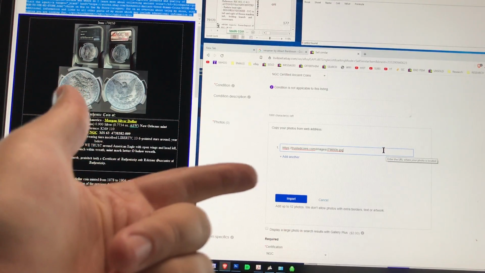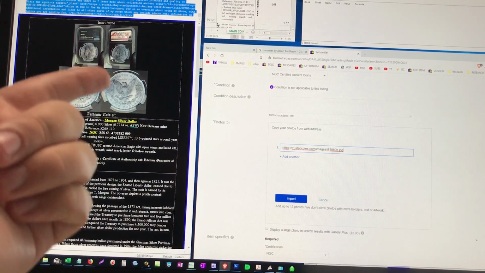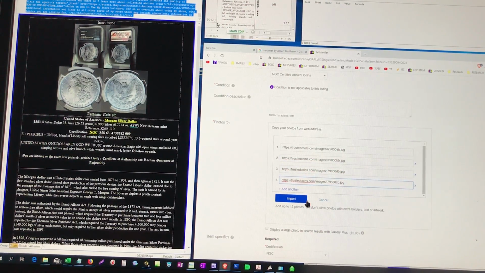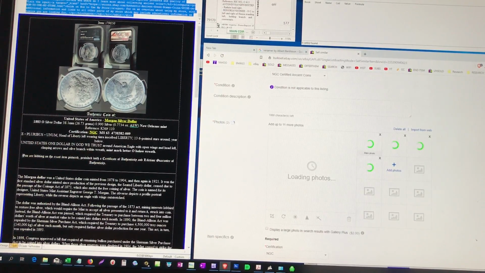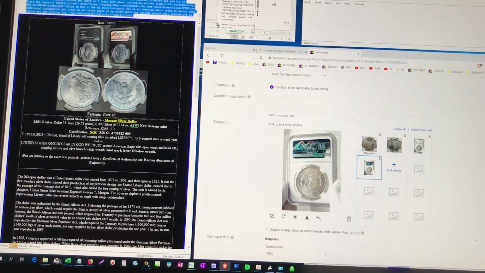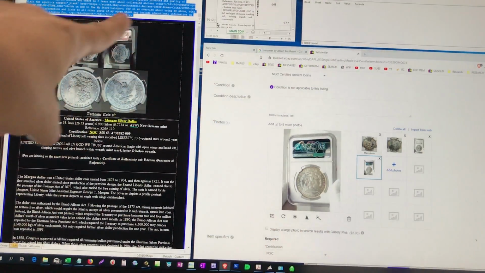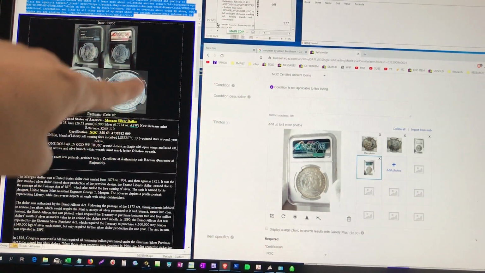Because I have these slabs saved as ABCD, I do AB, add another, BB, DB, and CB. So for regular coins, when I have just two images, I use O and R, so it would be OB and RB. Basically, I have 8 images in total for this coin. I have these thumbnail images that show up in the listing